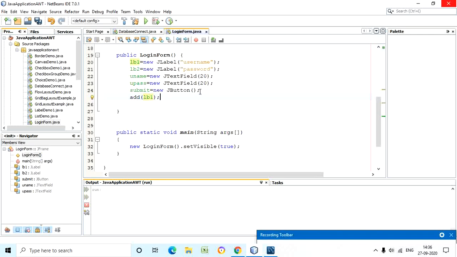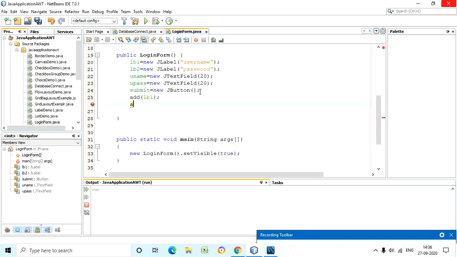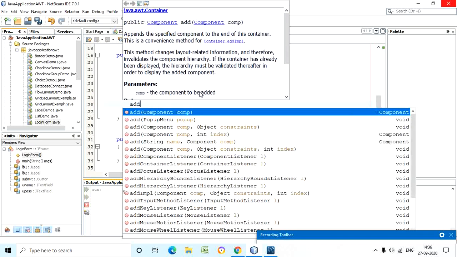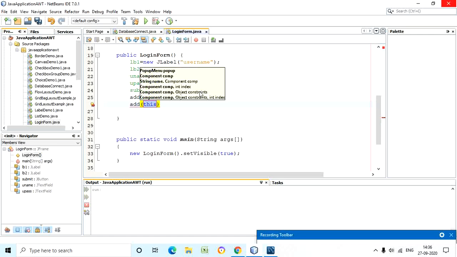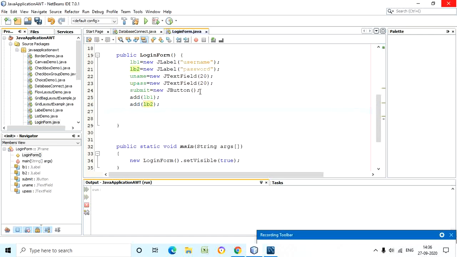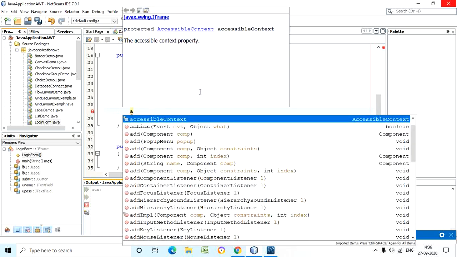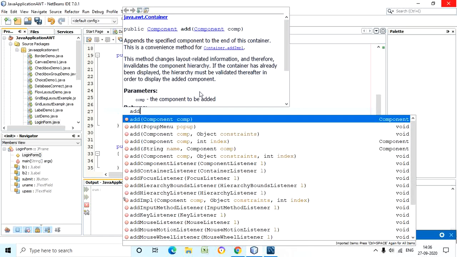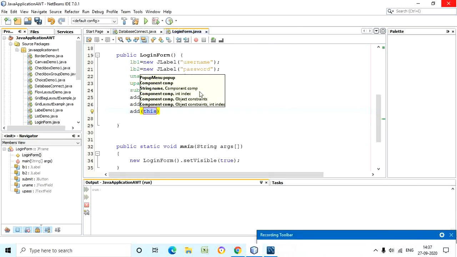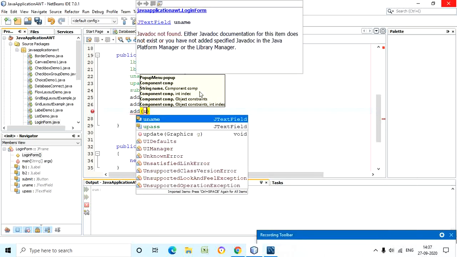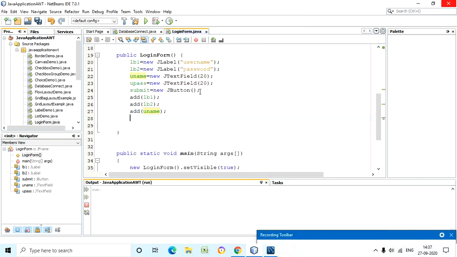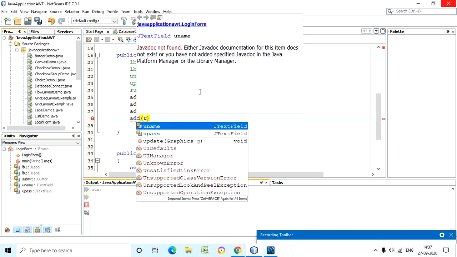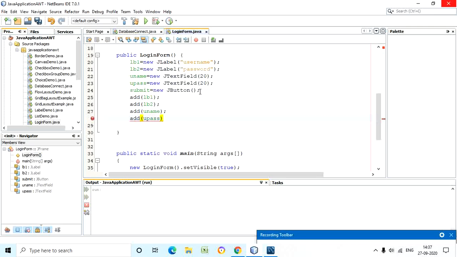Similarly, then add lb2, then add uname. Similarly, add upass, and last is add button.